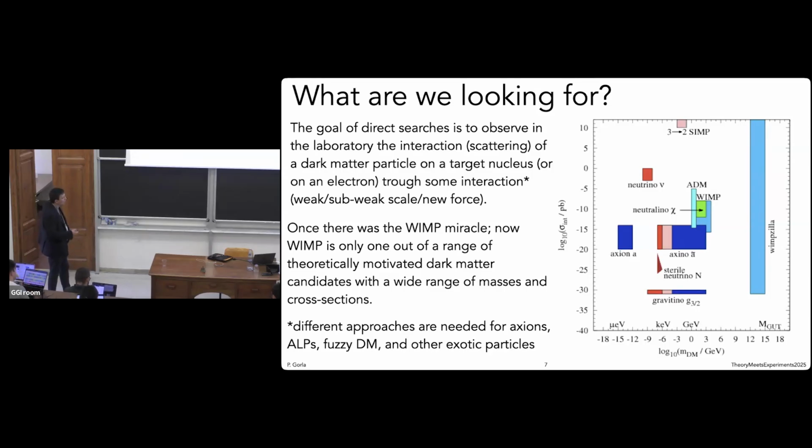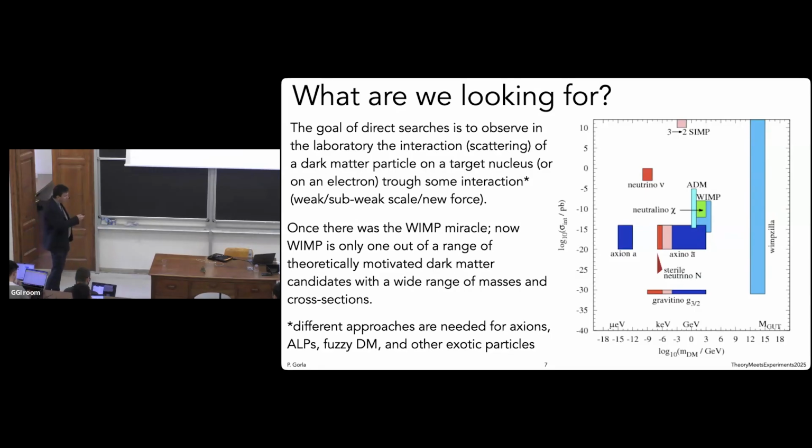And of course, I will get back to this, but if you move to very heavy particles, what is killing your experimental capability is the density. We know that the local density is about 0.3 GeV per cubic centimeter. So if your particle is 1,000,000 GeV, it will be very challenging to have one particle crossing your detector. And if the cross section is that low, you need, I don't know, cubic kilometers of detector to be able to detect a few